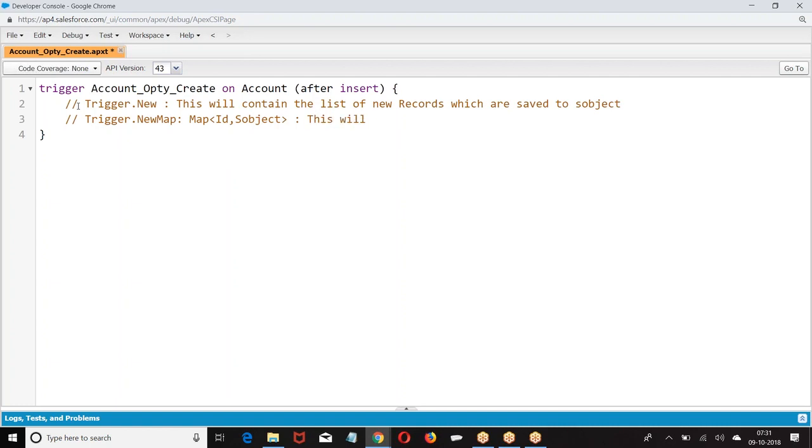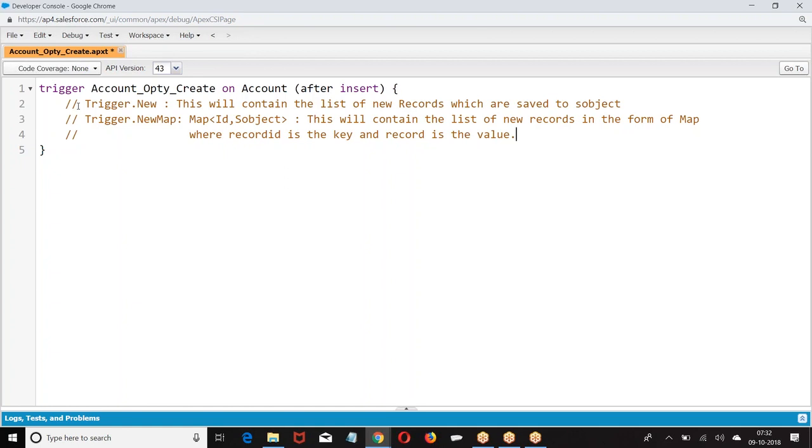This will contain the list of new records in the form of a map where record ID is the key and the record is the value.